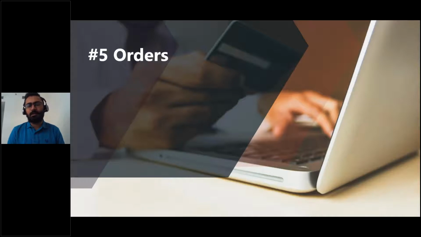Now, once we abandon the cart, if we have provided a good deal to the user, and the user is happy with that deal and wants to place an order, then we'll get information about the order once the user places it.